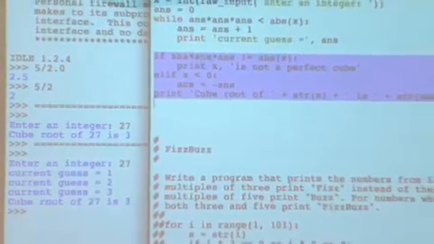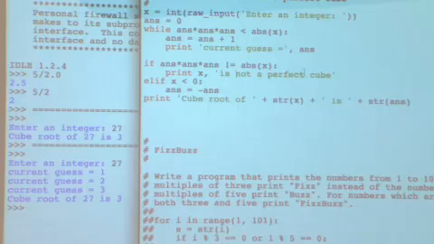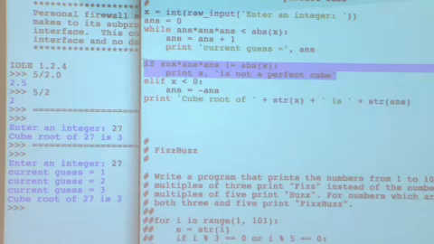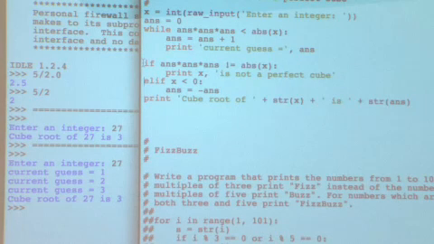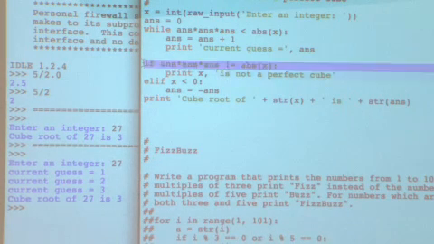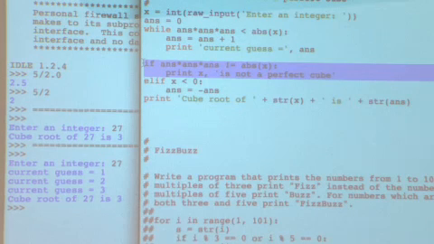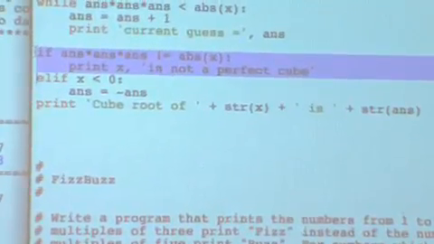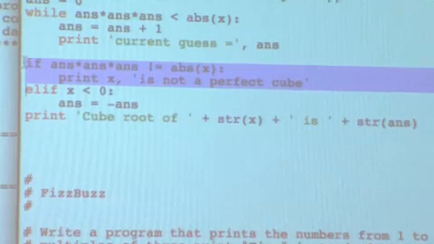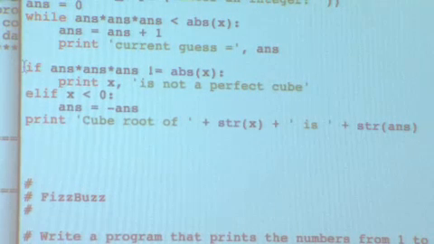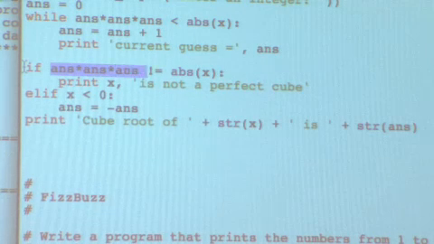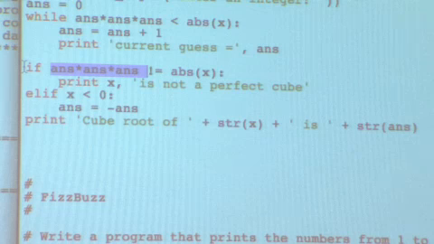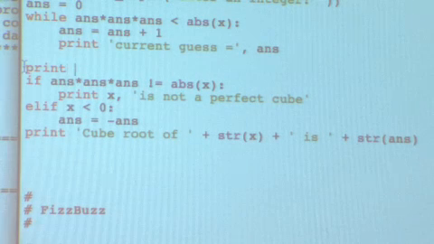All right. Now, because we're asking for cube roots, we need to check the condition for when we exit the while loop. If we've had a number that's not a perfect cube, then we know that the value the answer stopped on is not going to equal the cube of it. So by way of explanation,